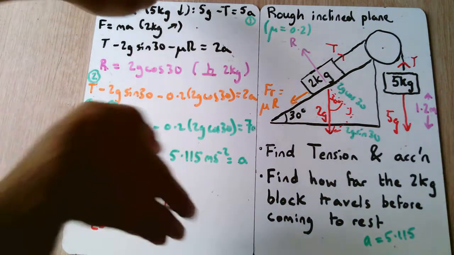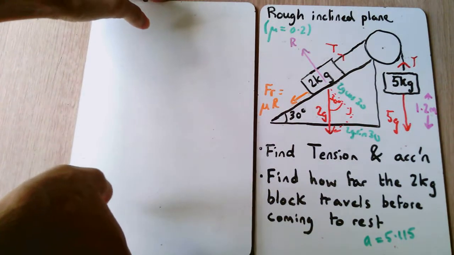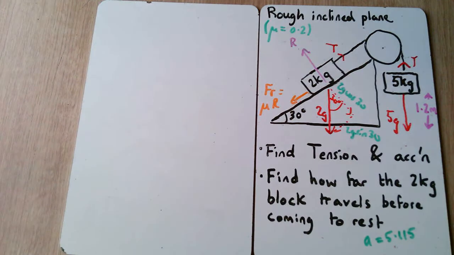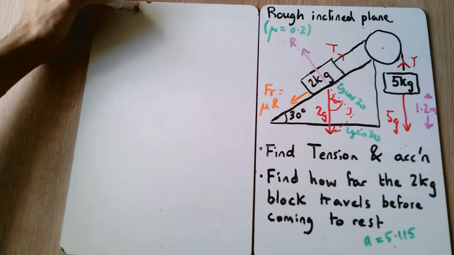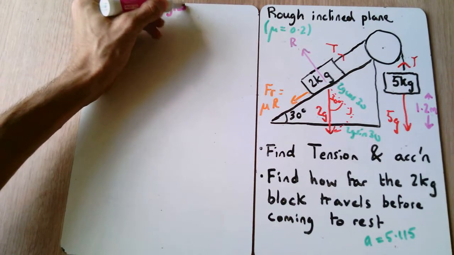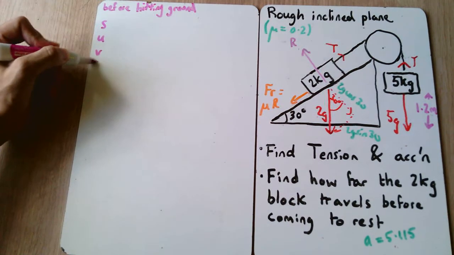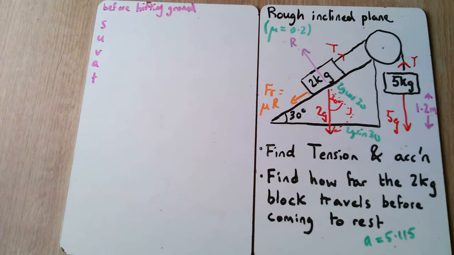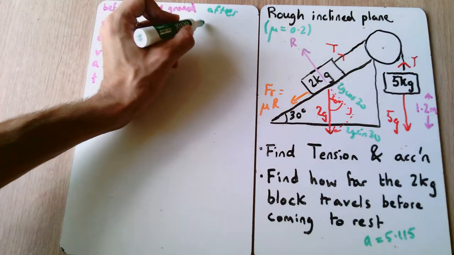Now these two steps take place in the sense that there's one step where we are looking at the scenario before the 5 kg block hits the ground. So I'm going to put that up here, say before hitting ground, we have our SUVAT, S-U-V-A-T, and then we also have another SUVAT for after it hits the ground. So I'm just going to put it over here, after. And again, we have another SUVAT over here,